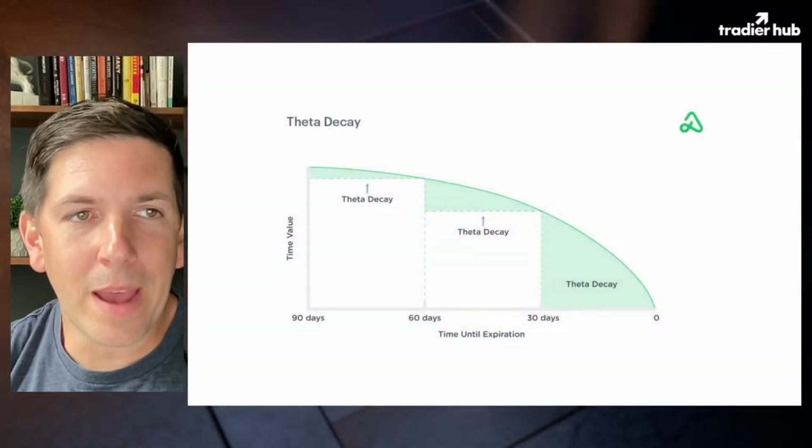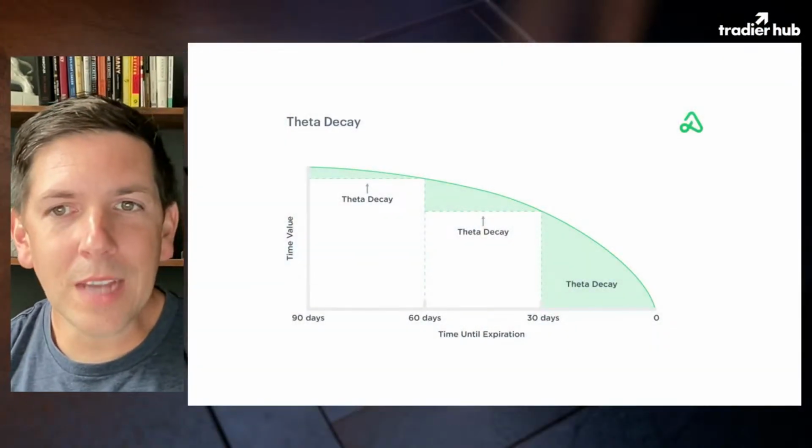So the question always arises for premium sellers like myself, and maybe like you if you're an option seller, what happens for time decay during these zero DTE contracts? So we did the research on it and we came up with some pretty cool stuff. First thing we're going to do though is jump into the slides. We're going to go through this first screen here because I want to give you a little bit of background